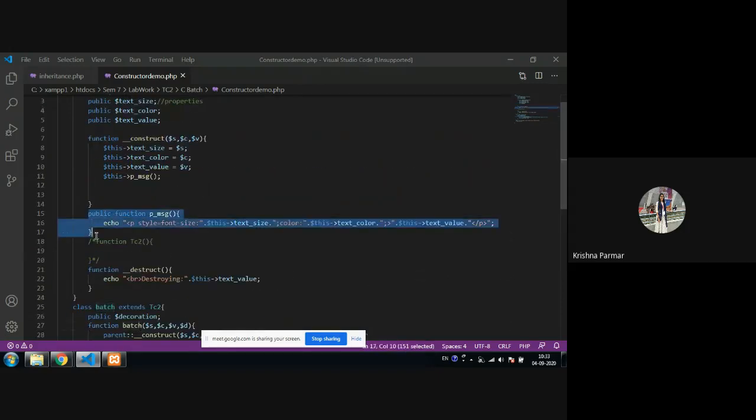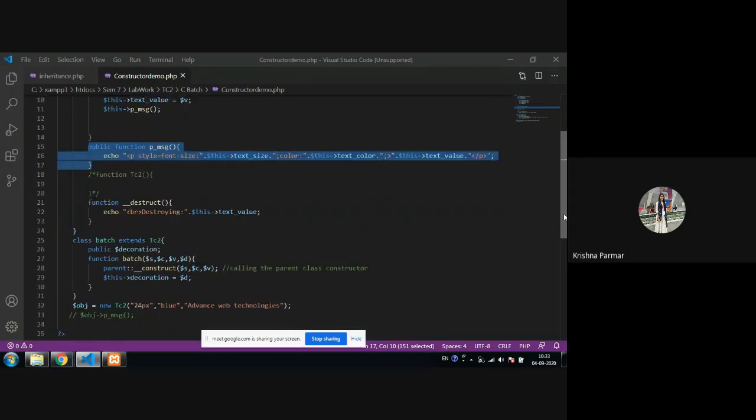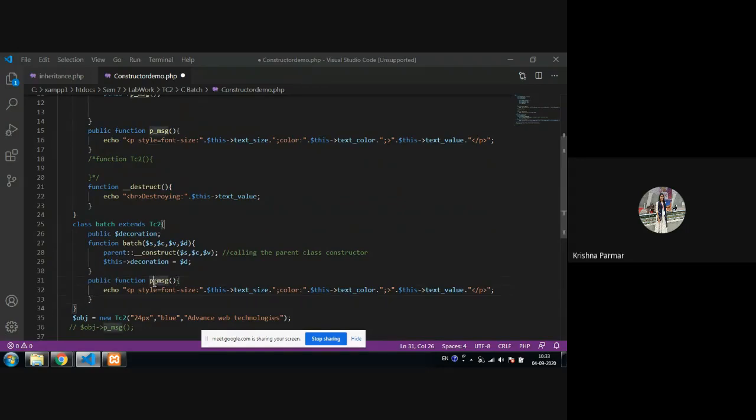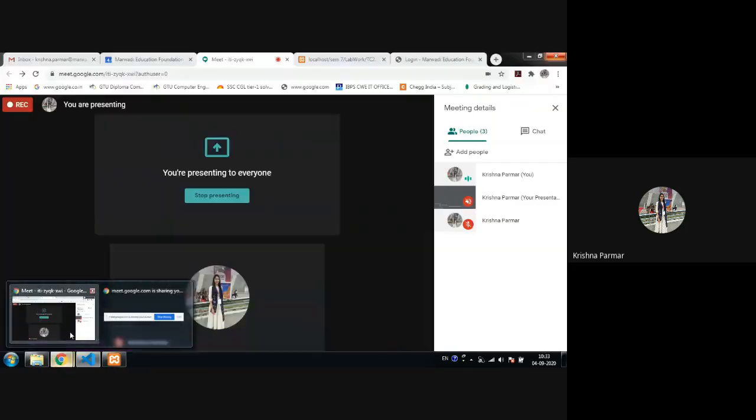Now I want to use the same method, but I am providing another property, that is the decoration. So I am changing the name here. You don't have to write everything again. What I can do, okay, just a second.